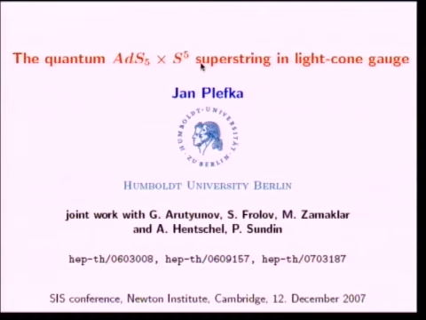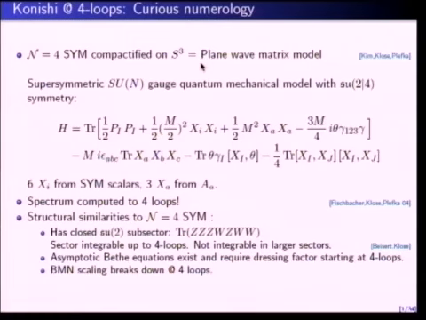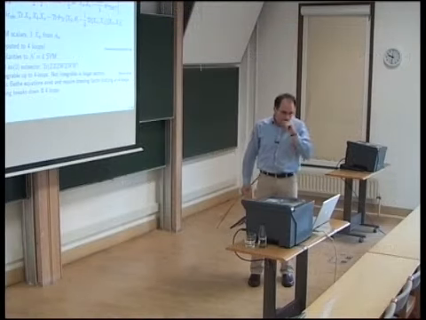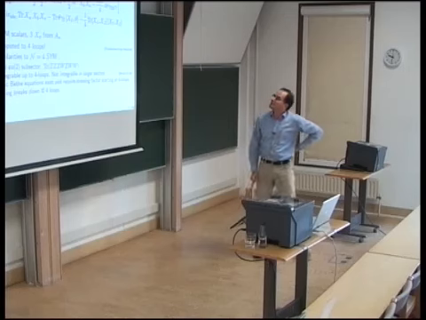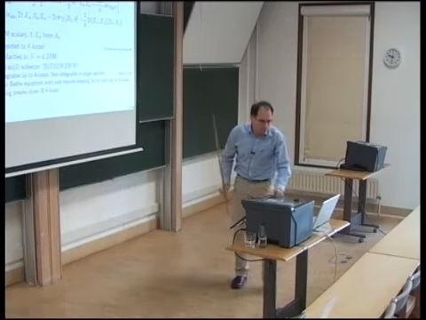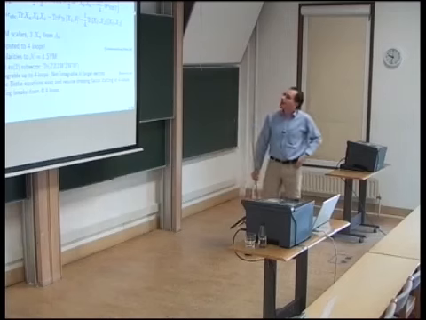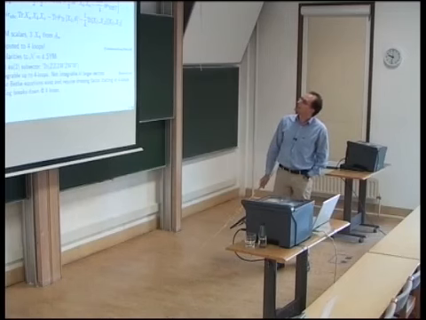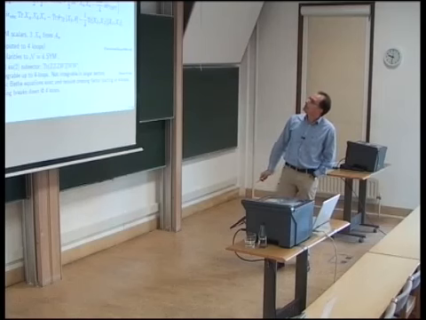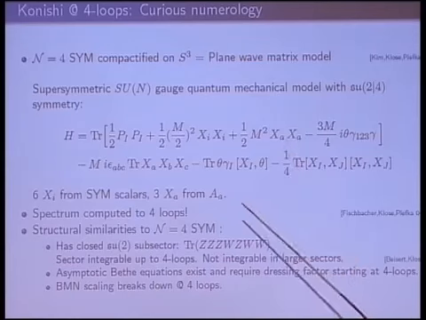All right. Good. So this is the title of my talk. But before I get started, I wanted to share a curious comment with you on numerology concerning the four-loop anomalous dimension, which is of intense interest these days. I wanted to point out that there's a toy model which shares many, unfortunately not all, properties of maximally supersymmetric Yang-Mills theory in 4 dimensions, namely this plane wave matrix model, which arises in a compactification on